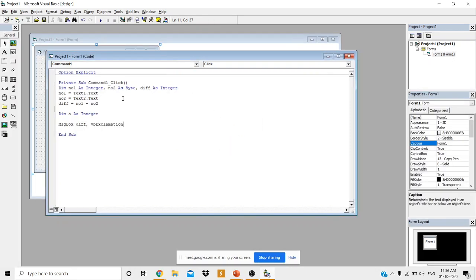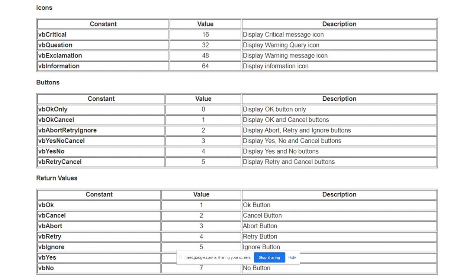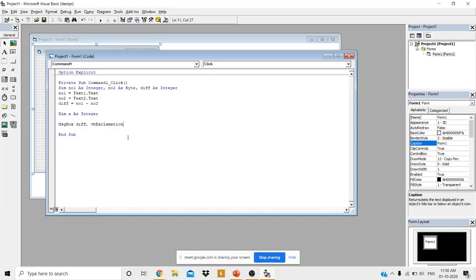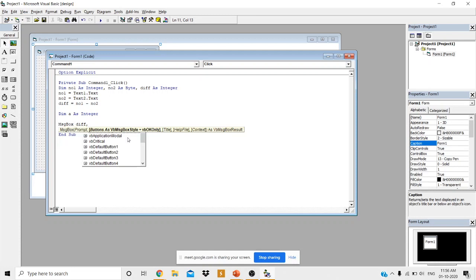Like that, we have different constants here for the icons. You can use any constant. Okay, you can try by using any constant. It will display the particular icon, but you have to use the same constant. You are going to get these constants when you press the comma here, and a list will appear.